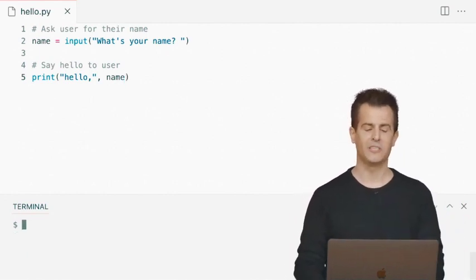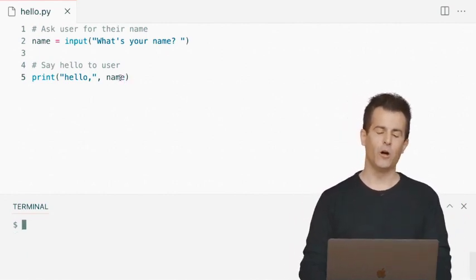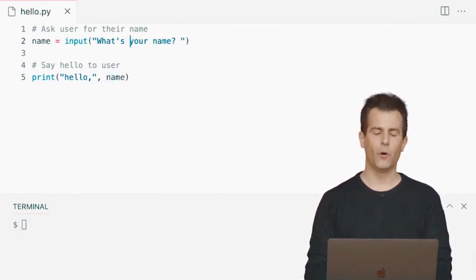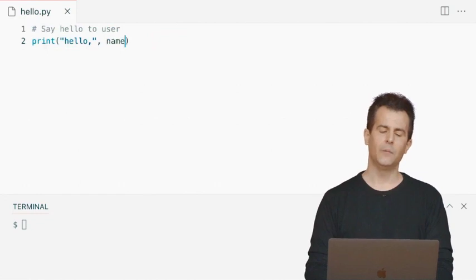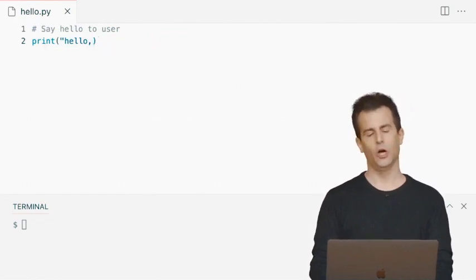Well, let's see if we can't figure this out. Suppose that I want to print out not just the user's name. Let me simplify this further. Let me go ahead and get rid of a lot of this. And let me just say something like, hello.